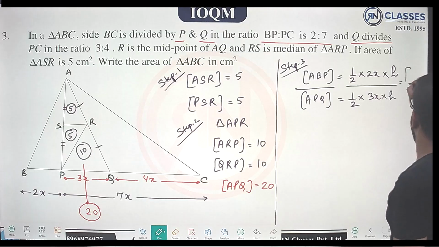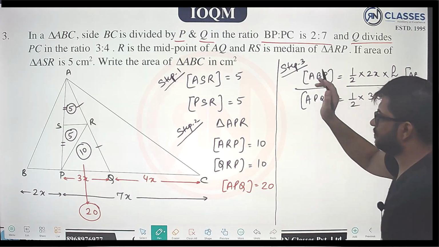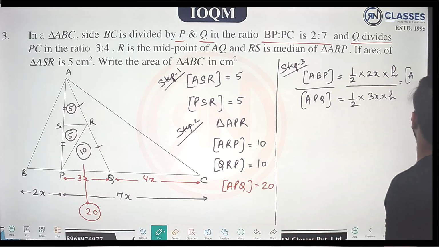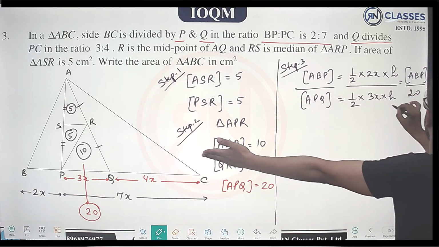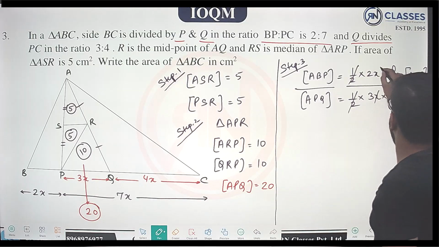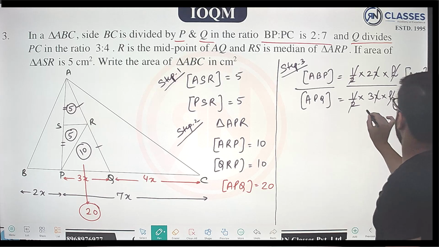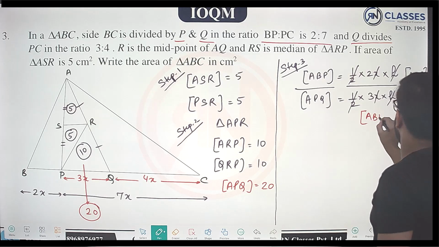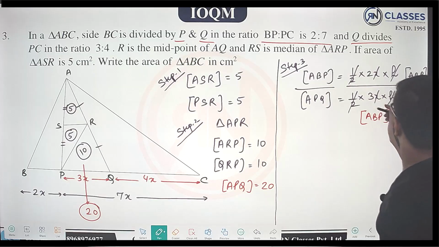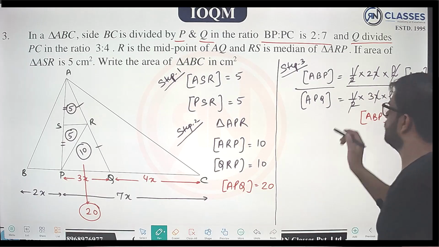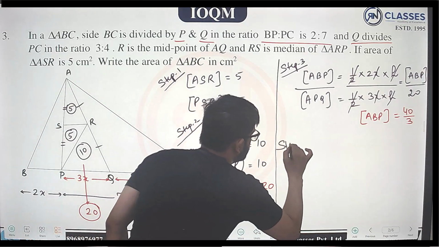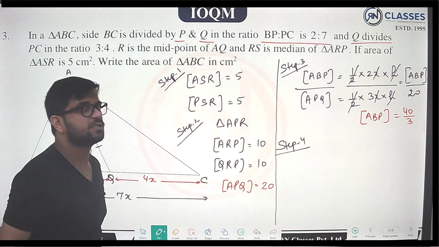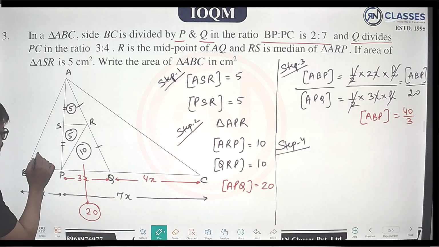AP भी मुझे चाहिए, मैं यहां पे लिख रहा हूं ABP, सॉरी, ABP, ओके, APB लिख लो या ABP लिख लो, वन एंड द सेम थिंग, चेंज नहीं करेंगे। ABP लिख लिया। APQ की तो है मेरे पास 20। लो जी, हाफ से हाफ कैंसिल, x से x कैंसिल, h से h कैंसिल, मेरे को यहां से एरिया एक मिल गया ABP which is 20 ऊपर चला गया 40/3। देखा बंदा, राइट। अब एक स्टेप और, स्टेप 4 सेम रेशियो की बात करूंगा, इवन इजियर बना लो। ये मेरे पास अब कितना आ गया